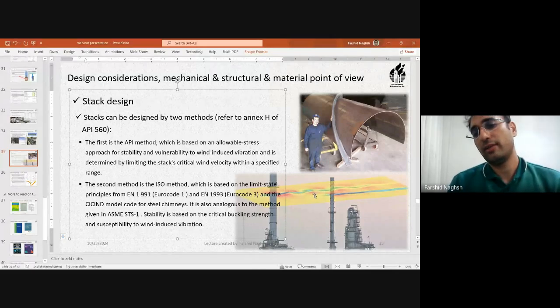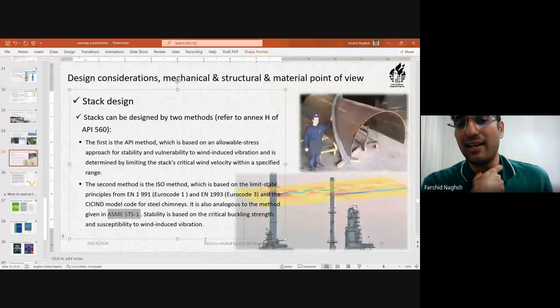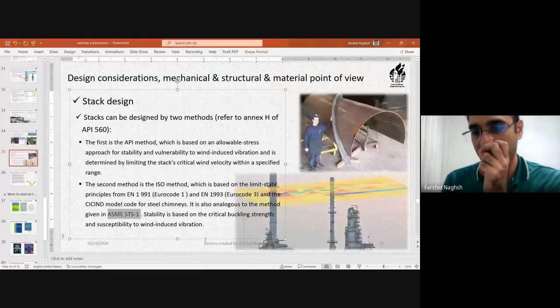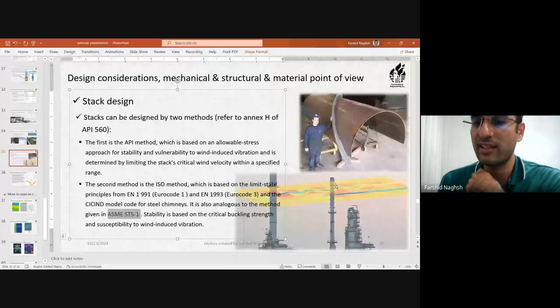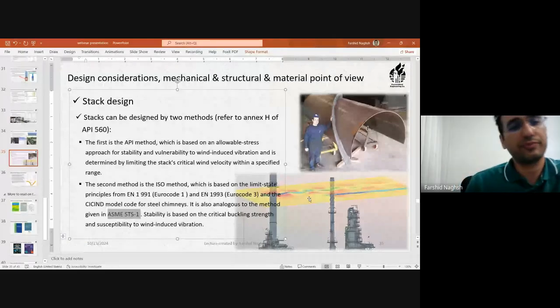So, as ASME STS1 has indicated, you need to use these helical strakes on at least the upper one third of the height of the stacks, so that your stack won't face the pressure caused by von Karman eddies. That is very dangerous for the failure of the stacks. Okay,